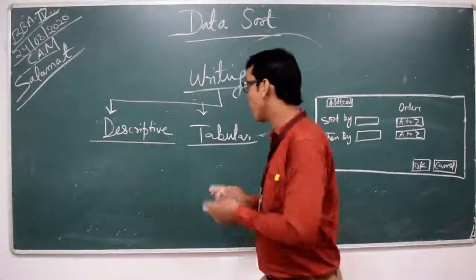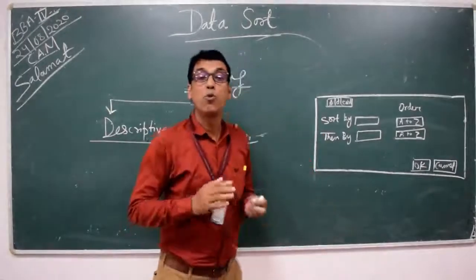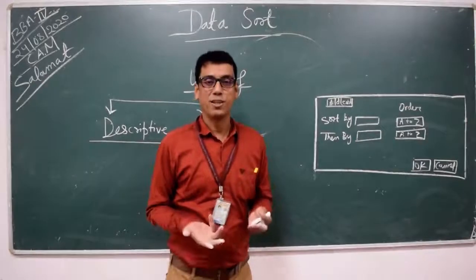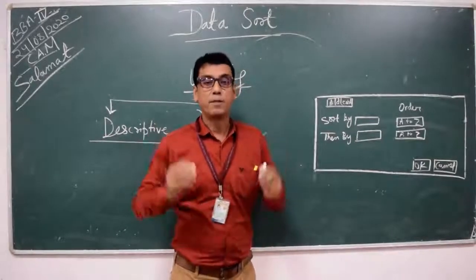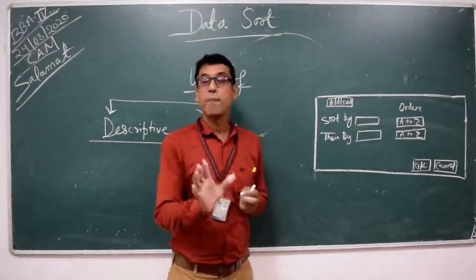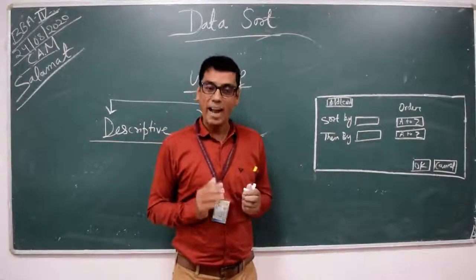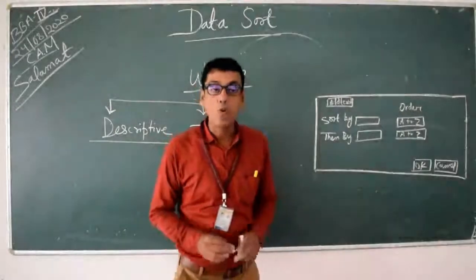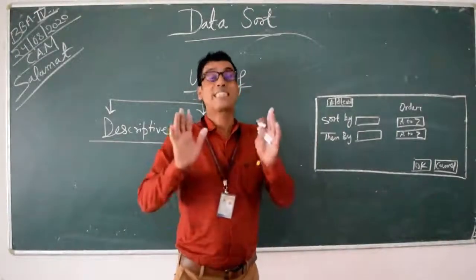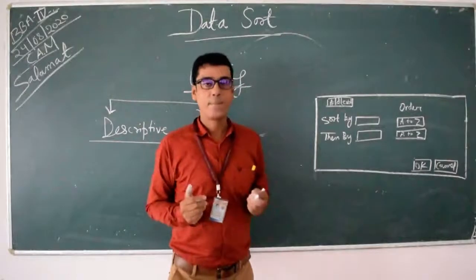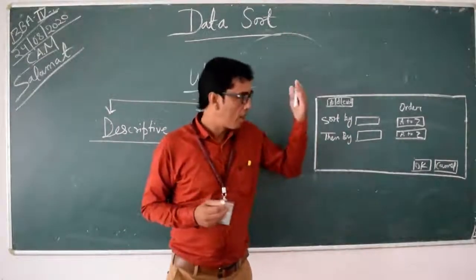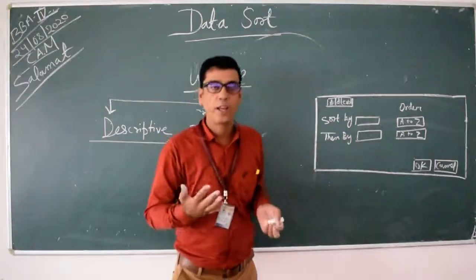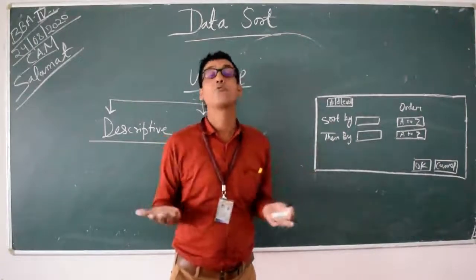Now, when you talk about tabular, a set of rules, a grammar of tabular writing also came into the picture, which is known as database. What is database? Database is a set of rules that suggest to business managers and executives how to store business transactions in tabular form. If we have one department, for that department all the transactions have to be stored in one file, which is known as a database file.